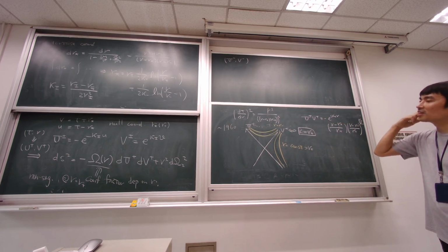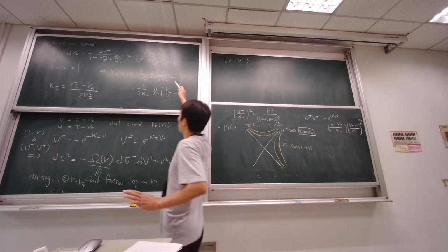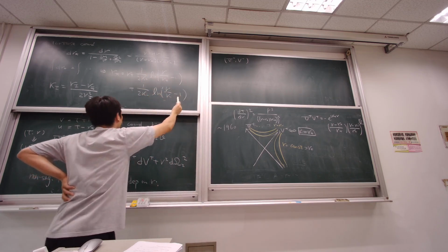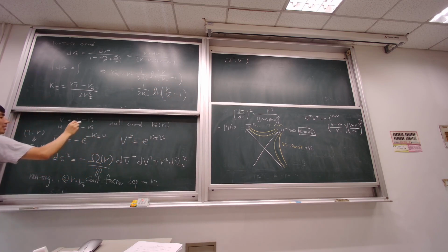Which one is better? Because as I mentioned, if I put R equal to R plus, this equals minus infinity, right? And then minus infinity plugged into here, this U plus is also equal to 0. Which one goes to 0 and which one goes to a constant? Am I making some stupid mistake?